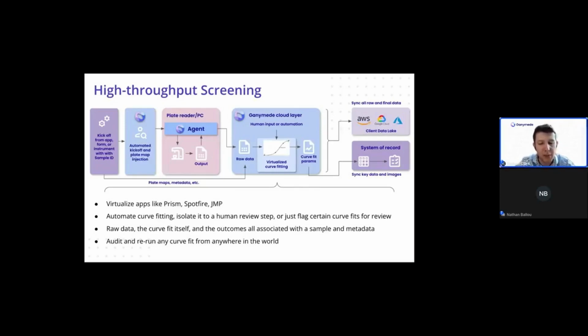That's the traditional Ganymede way of doing something like this. But many things only run on Windows, or you may only have a license to run it locally on Windows. So we can either let humans go in and do the curve fitting themselves, or even depending on the capabilities of the program, we can preload a configuration. We can have it do a curve fit, or with flow cytometry, we could have it do a gating regime and then have someone go in and check, do I like this? Ultimately, whatever the program interaction is allowed, we can set that up as a canned environment to accelerate the analysis